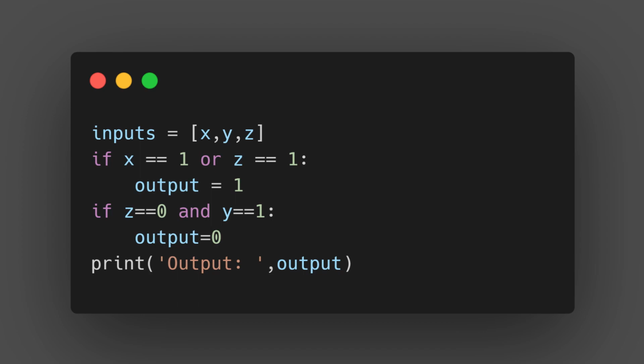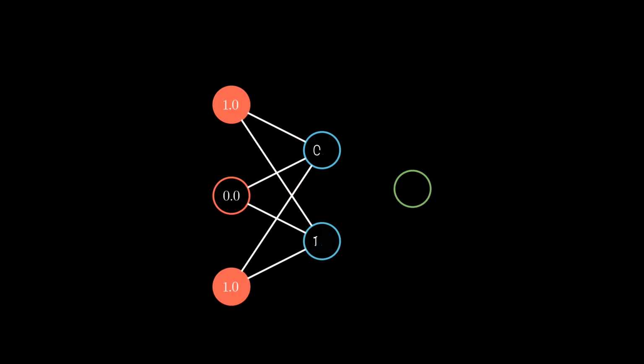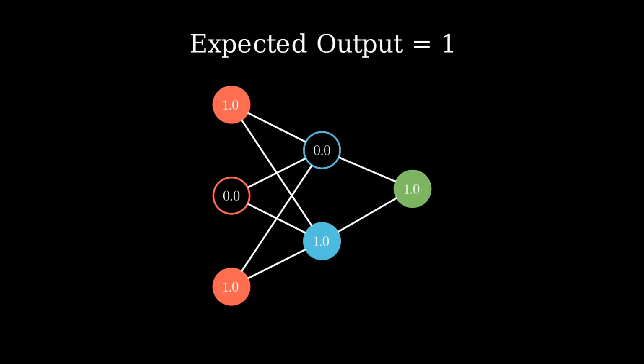This can be hard-coded quite easily. But if we had 10 inputs, it would be much harder to find the pattern. If there were 500 inputs, it would be impossible to find the pattern by hand. In this case, we can use a neural network, specifically a multi-layer perceptron, to find the pattern and predict the